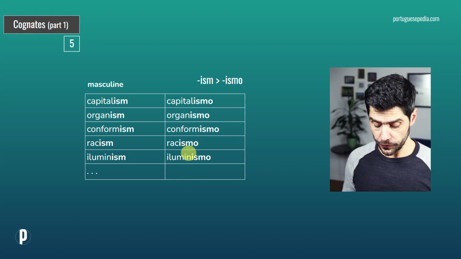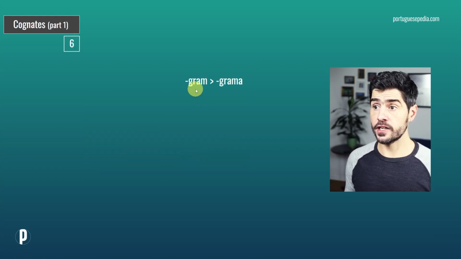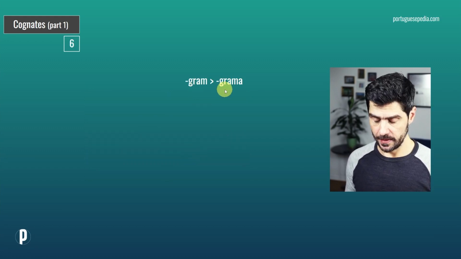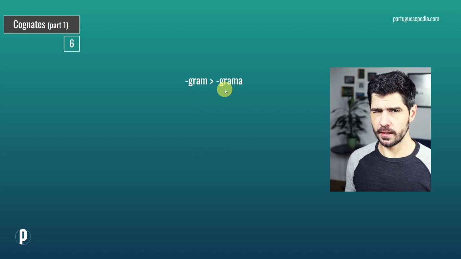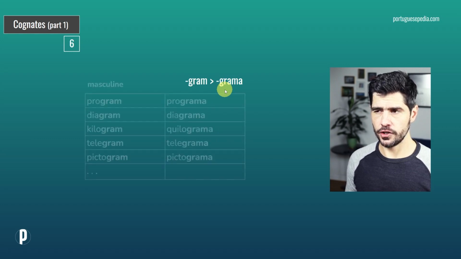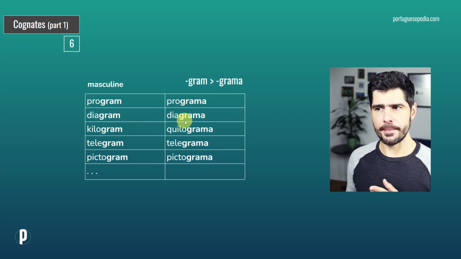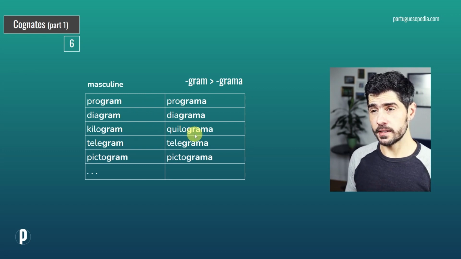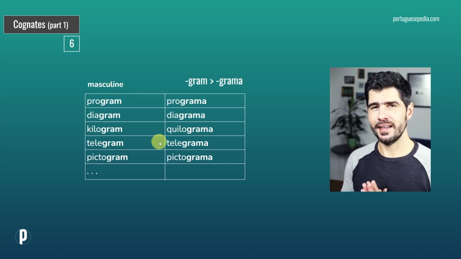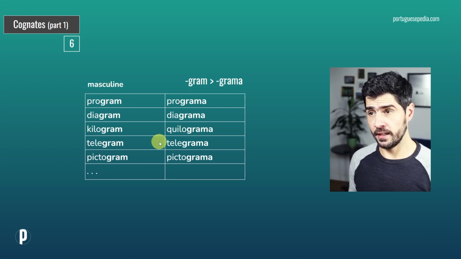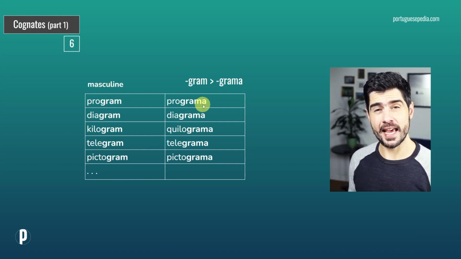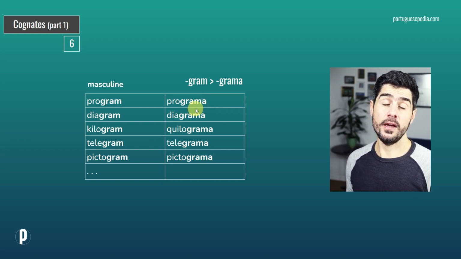All right, the final group now, and that's the gramma. So this is a Greek suffix, I think. Yeah, should be. And so you have program, programma, diagram, diagramma, kilogram, kilogramma. Now notice that all these words are masculine. This can be counterintuitive because you see this A at the end, and you might think, okay, words ending in